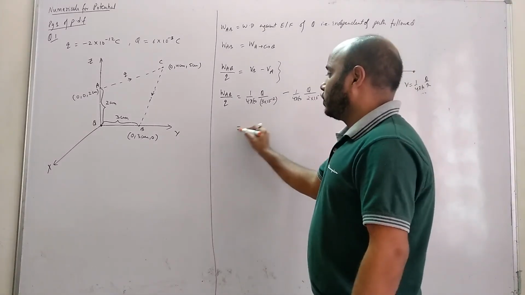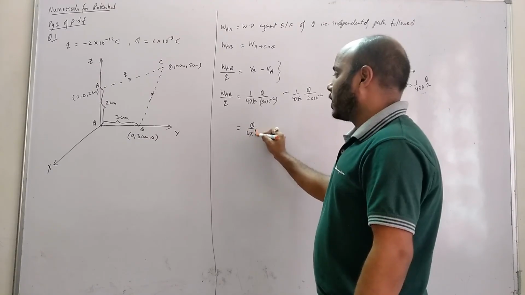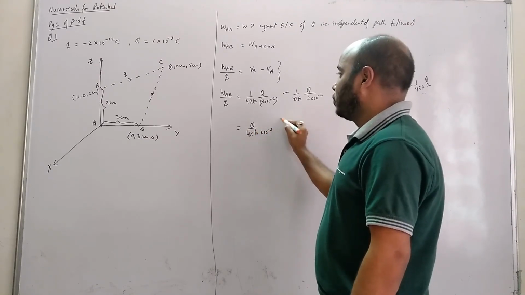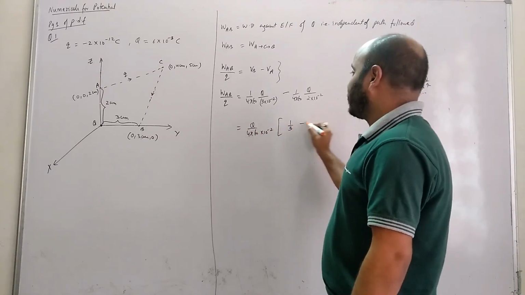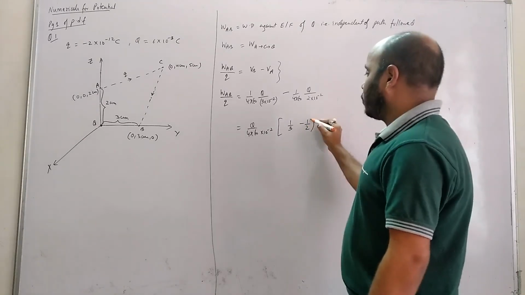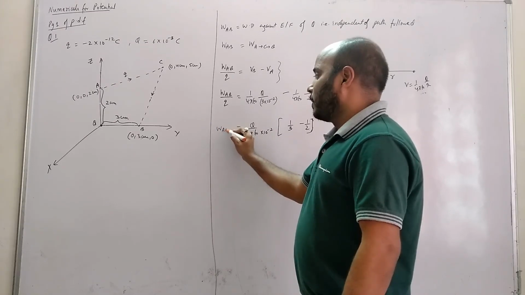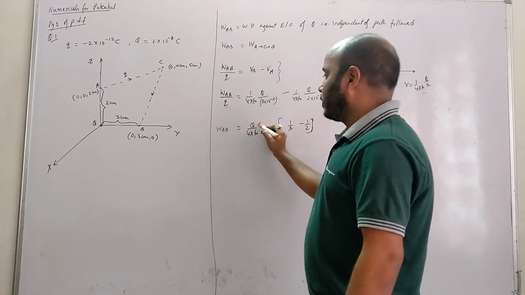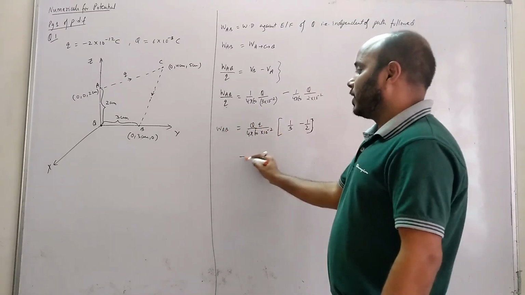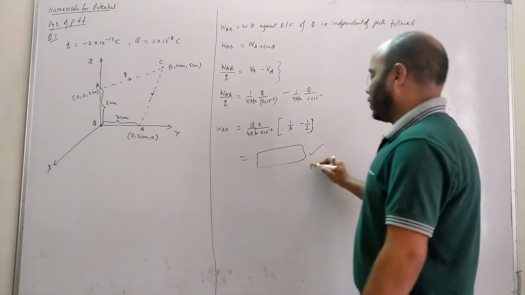So see, these things are coming out constant into 10 to the power minus 2. We are left with 1 by 3 minus 1 by 2. Now you can solve it. You have the solution in your notes, this Q will go this side. Okay, so we can calculate on our own. So calculation you can do as a homework.